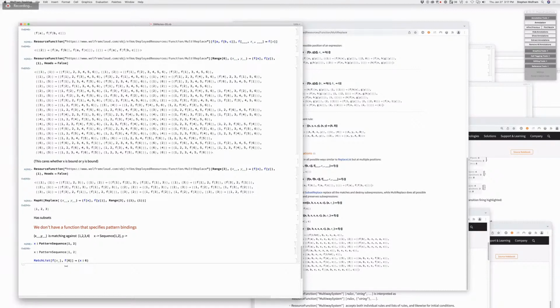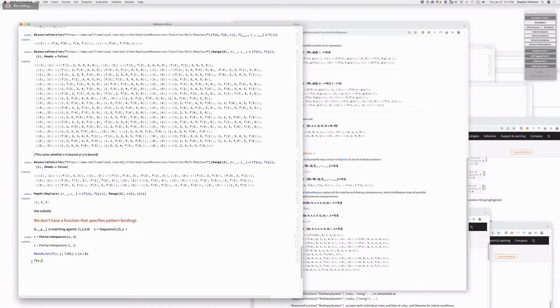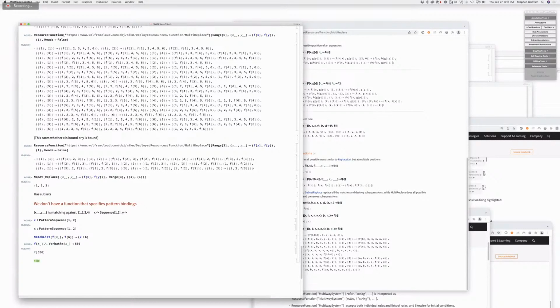Well, if you have f of x blank, try to replace the x blank verbatim with something. No, I'm asking how do you want to do it? If I say verbatim of x blank goes to something else, that's one way to do it. Or you can make an association when you have x blank as your key. That also works. So that's how I usually represent substitutions